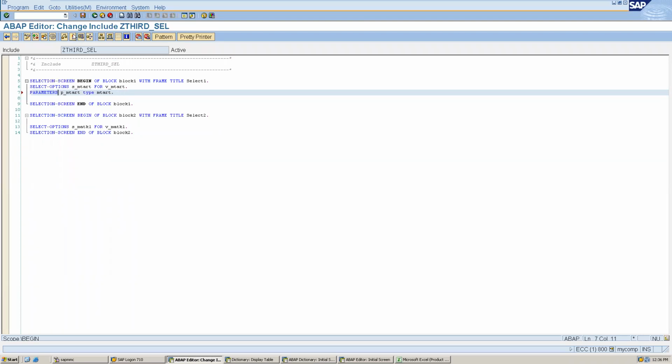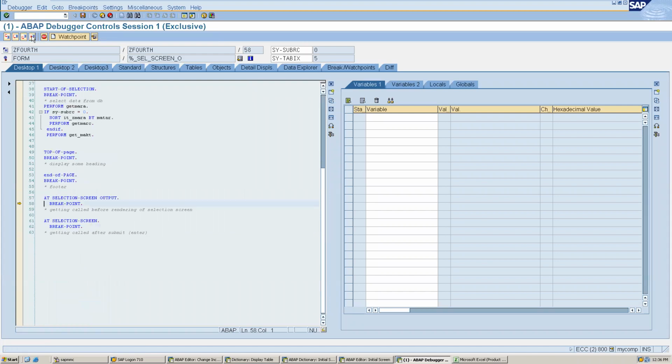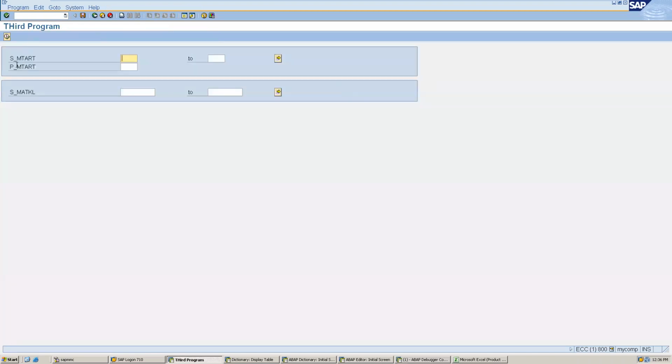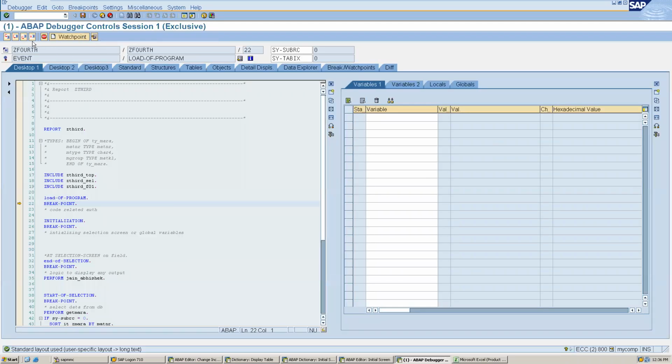Now let's activate this, and when we execute it, we get this pmart with only a single option. So let's assign something here first, and then we will see how we can assign it. Now execute this, it will stop at the initialization. So initialization is used to initialize the value.